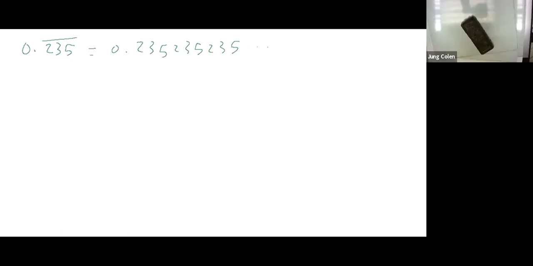Okay, so we have the number 0.235. And what is repeating here? 235 is repeating. So we have a repeating bar up here. This is the same as 0.235, 235, 235, 235, and so on, right? Because we know 235 is repeating. So if we call this x,